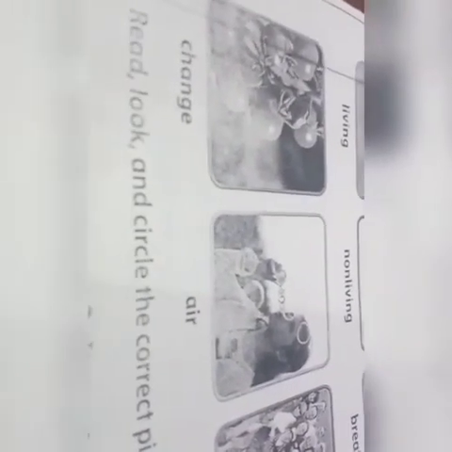Now moving on to the next part, which is part B. There is a question: Read, look, and circle the correct picture. Now I'm not going to show you my book because there are answers in it. So what you're going to do is look at the pictures, and with every picture there is a statement, and you're going to read it. In the first picture it says it moves, and there are two pictures. One is of a building and the other one is of a tortoise. In both of these pictures, you have to circle the thing that moves. Okay, similarly you have to do this with all of these.